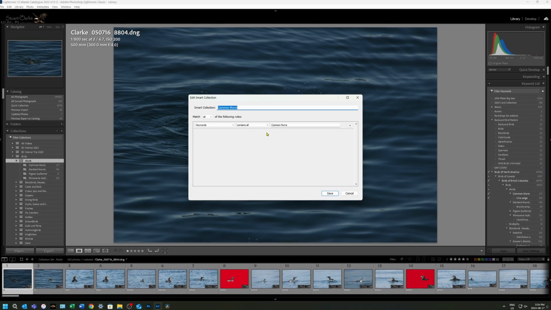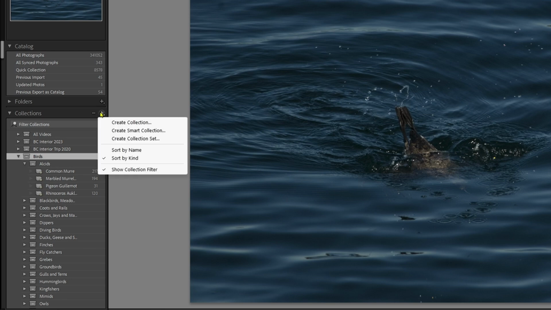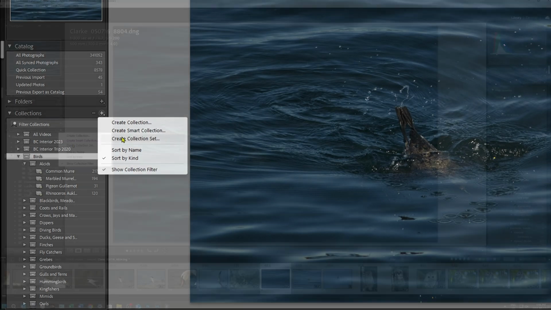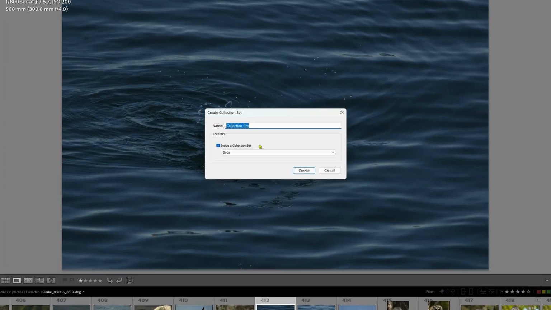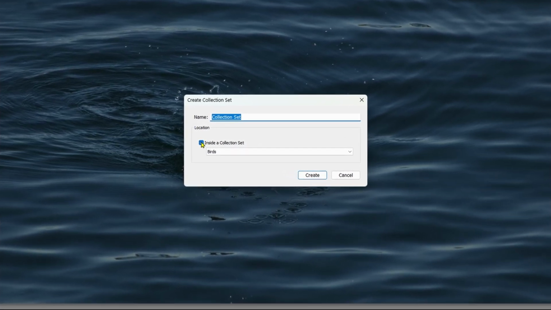The first thing we need to do is create a collection set. So to do that, you go over here, you click on the plus beside collections, and you click on create collection set. So what you would do here is you would type in birds, and you would unclick this one because you're not going to be putting this inside of a collection set. This will be the top tier. So you'd basically uncheck that, type in birds,